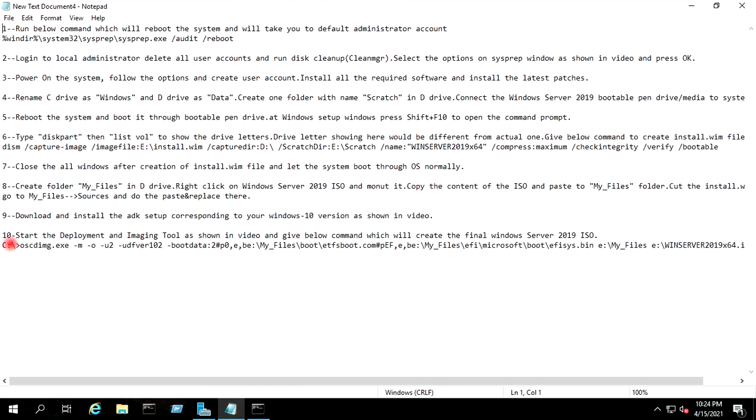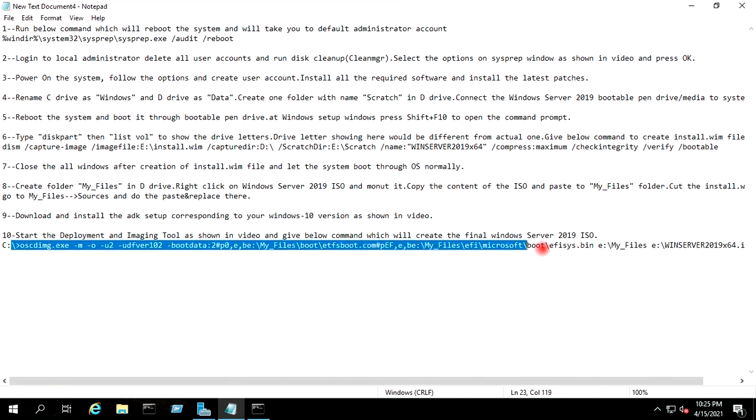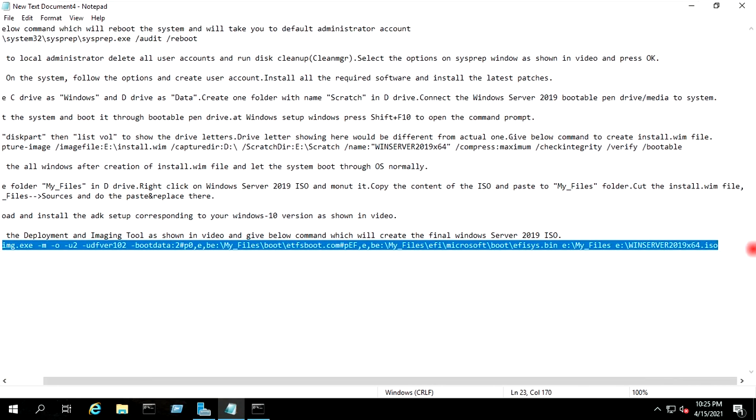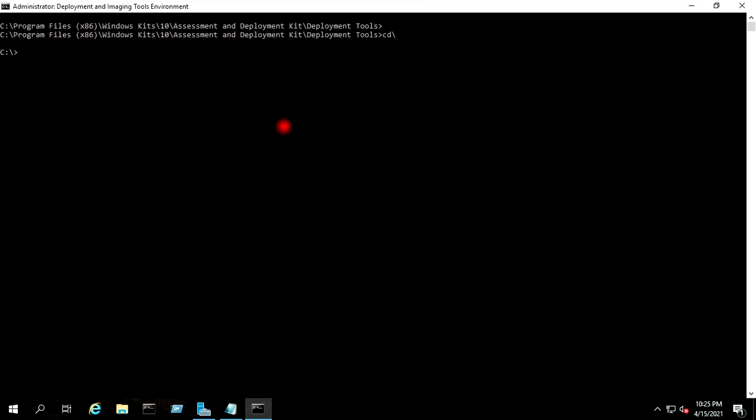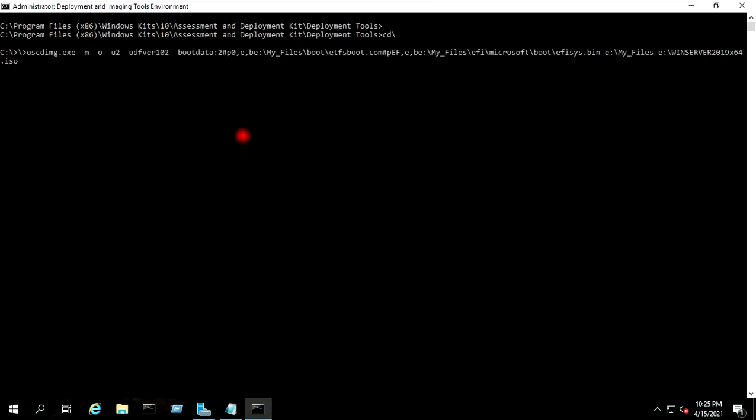I will copy this command and I will paste here. This is the my_files folder path inside the E drive.